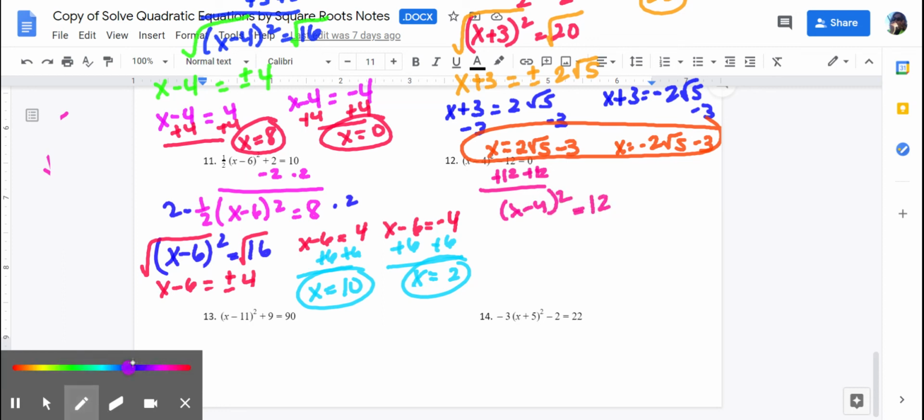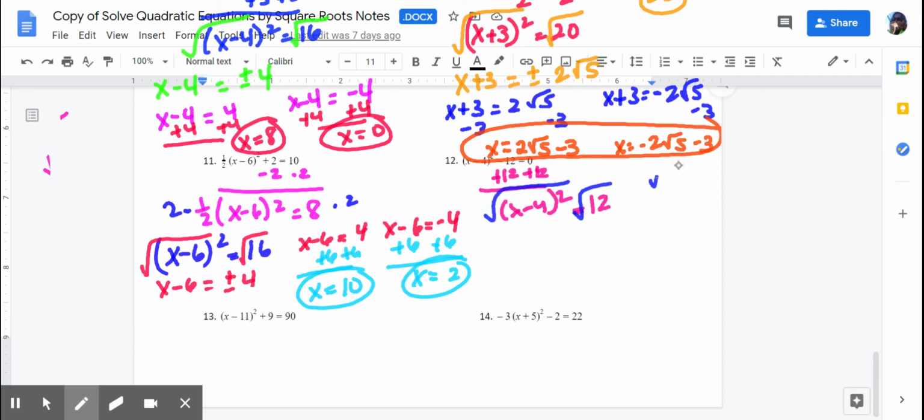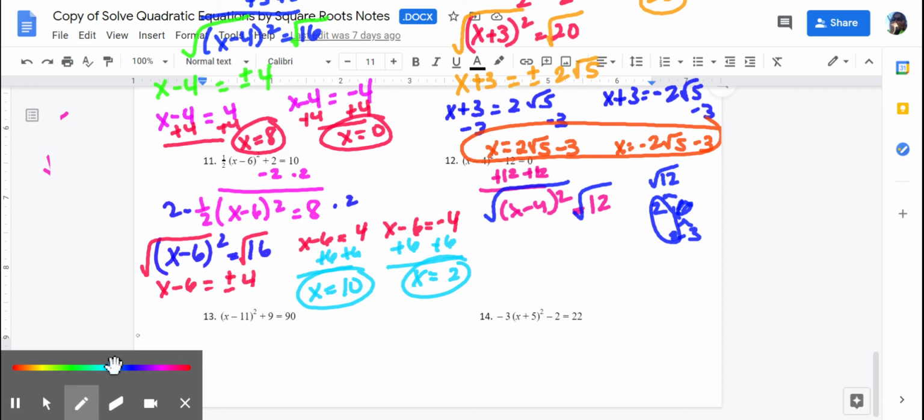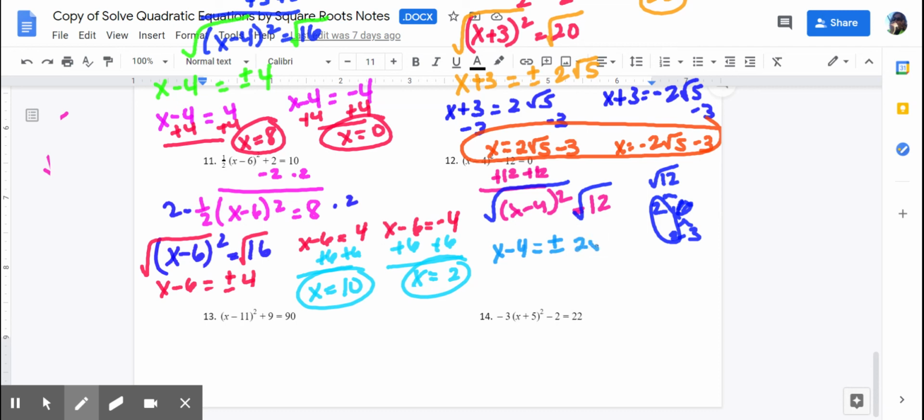Well, in order to get rid of the squared, I'm going to need to take square root. Remember, I'm going to need to simplify the square root of 12. So that's factors 2 and 6. And my factors of 6 are 2 and 3. I have a pair of 2s with a 3 left over. So this will leave me x minus 4 equals the positive and negative version of 2 on the square root